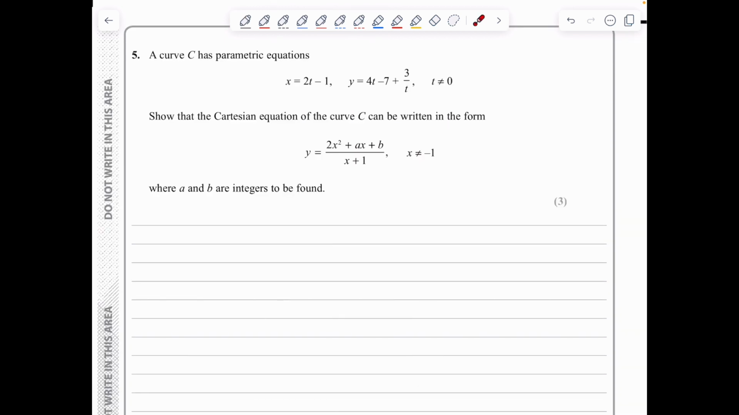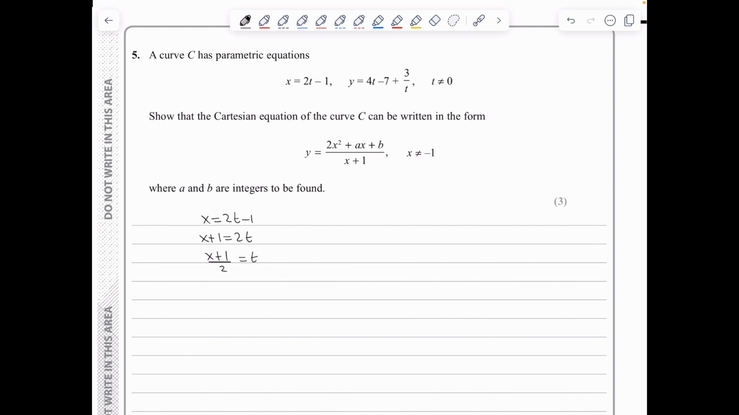In question 5, curve C is defined parametrically as x = 2t − 1 and y = 4t − 7 + 3/t, and we need to show that the Cartesian equation of this curve can be written in this form, where a and b are integers to be found. Well, I will start by taking the parametric equation for x, which says that x is 2t − 1. I will make t the subject and substitute into the parametric equation for y to eliminate t and obtain a Cartesian equation for the curve. So we have that x + 1 is 2t, leading to (x + 1)/2 is equal to t,